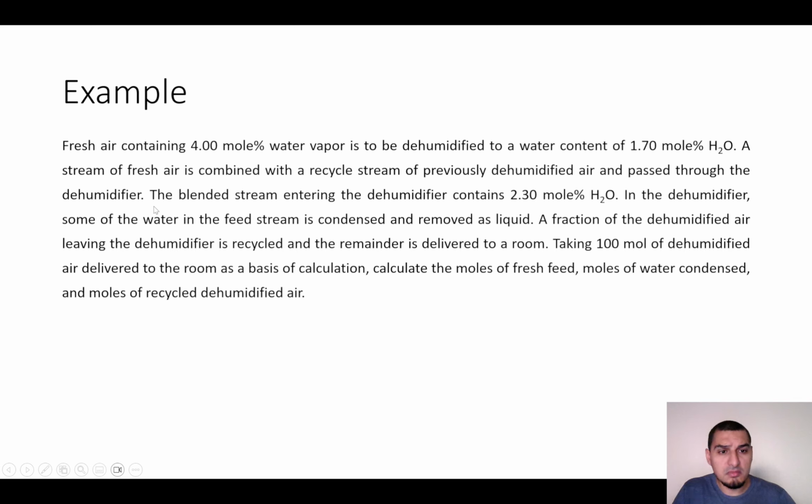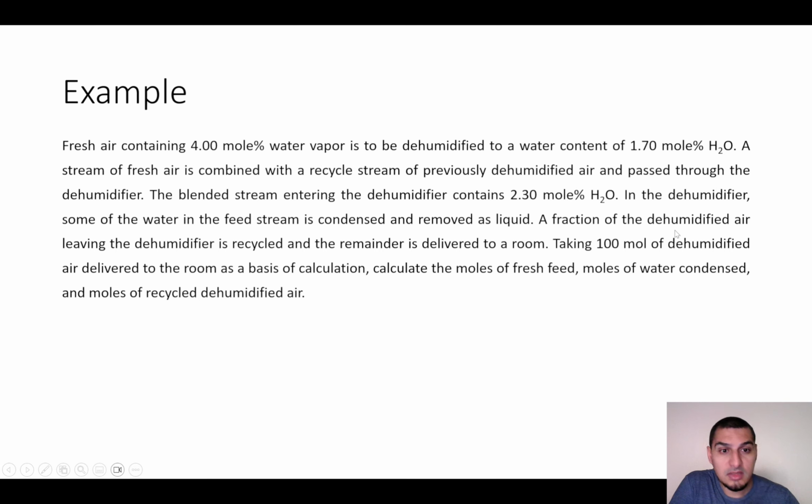So for the time being, we know that there is a recycled stream that comes and is combined with the fresh air, and that the blended stream, which is the mixed feed, is entering the dehumidifier, and it contains 2.3 mole percent water. And the dehumidifier is just an air conditioner. It reduces the temperature of air, so water condenses and the water content in the air is reduced. So this is what happens, and it says that water is condensed and removed as liquid, and the